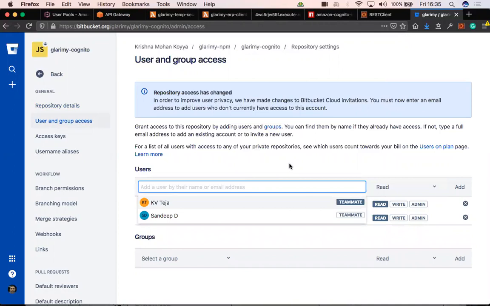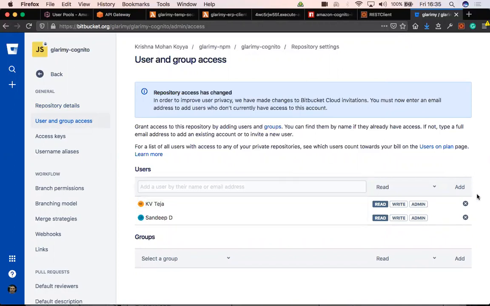Yeah, you can now check if you are able to see that. Yes. One minute. It's loading. Okay.